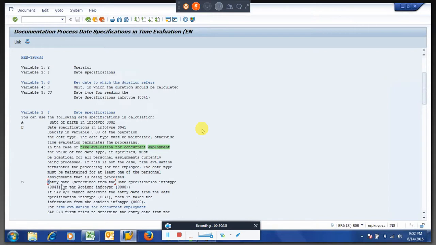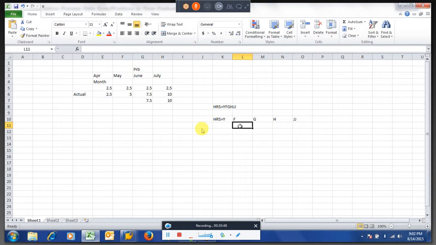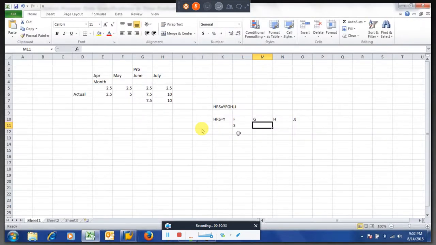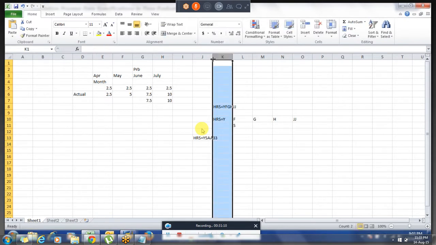Okay, I will give another example. Let us say here if I put S, it will check. I will define it like this: HRS is equal to YSAA, then our date type 31, right?